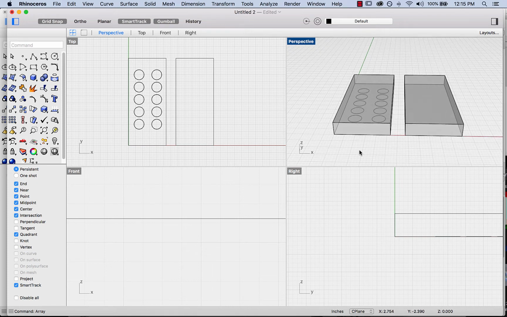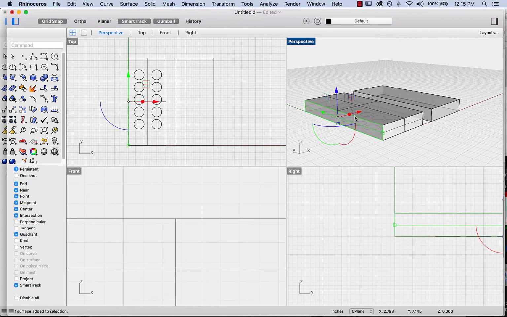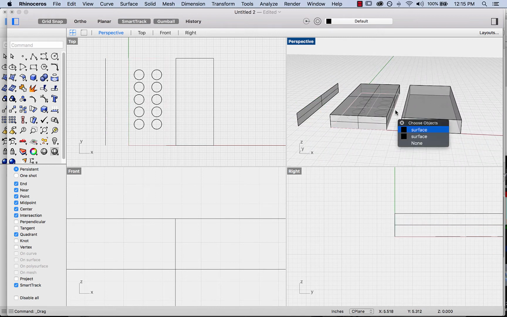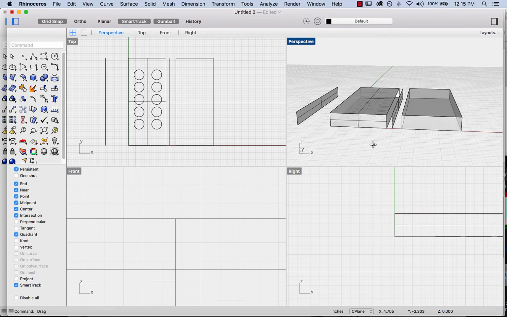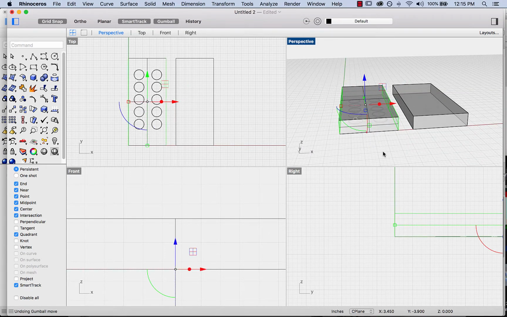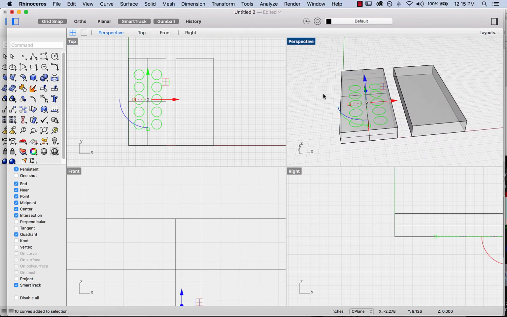Well, the first thing I'm going to do is explode this, and I'll show you in a minute why, because I want all these surfaces to be separate. So I'm just going to move that to the side so you can see what I mean. So you see I've exploded this rectangle into different surfaces. Put those back. Okay, so what I'm going to do is select these curves, just the curves, not the surface,